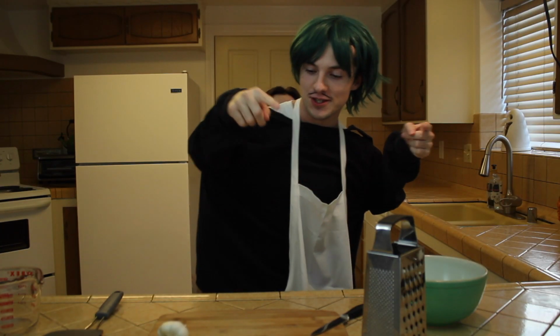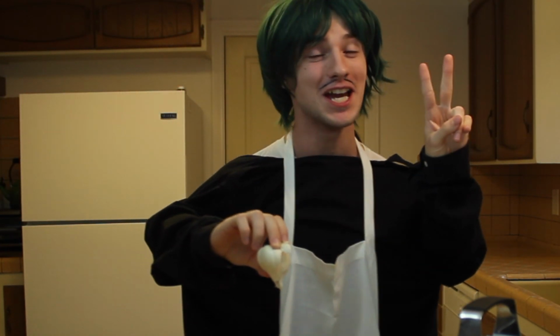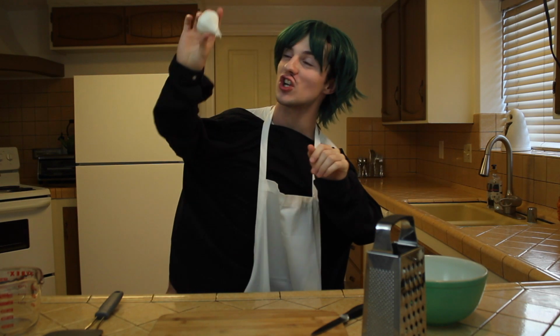First part of a delicious stuffed shells filling is loads and loads of garlic. Now the recipe we're using calls for only 2 teaspoons of garlic, but you guys know that I love garlic. And the reason you know that is because I just told you that I love garlic. So we're going to crush 2